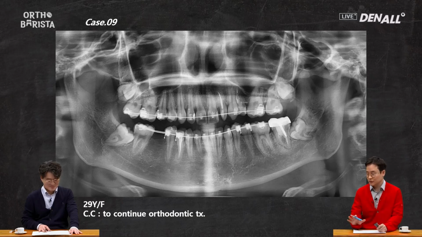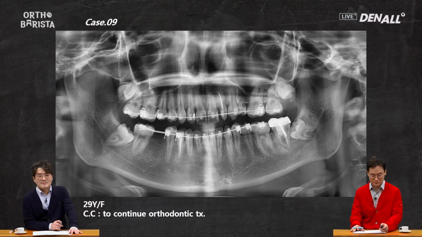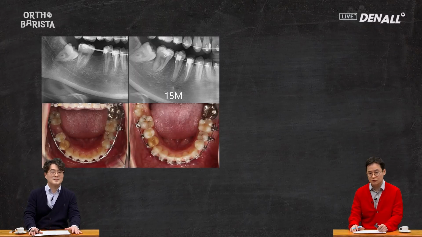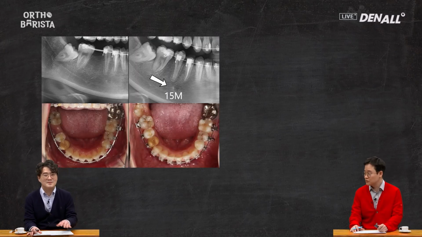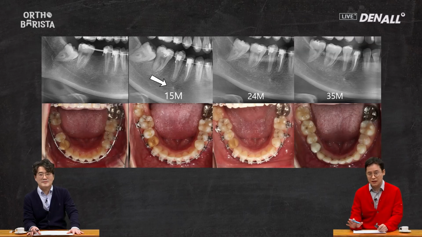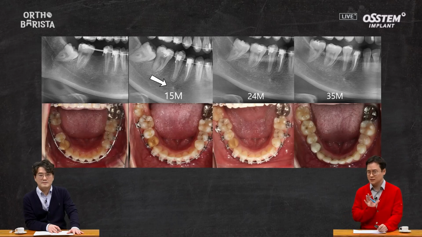I'll skip the diagnostic details for now. I suggested trying to save and use the wisdom tooth. While there was no guarantee it would work, we decided to give it a shot. The patient had already undergone 2 years of treatment at another clinic, and salvaging the tooth took considerable time. Of course, we continued with other treatment in parallel. If you look closely, we pulled the 7th tooth, but the 8th tooth, it's uncertain.